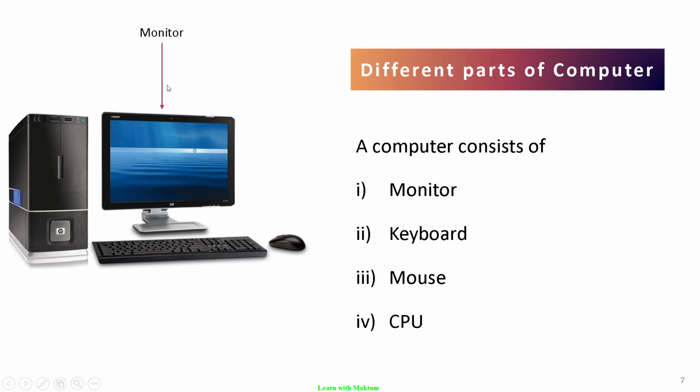Okay, so this is the monitor and you can see the keyboard. This one is the keyboard and this is the mouse, and last but not the least, the main thing, that is the CPU. I hope I'm clear with the parts here. This TV like structure is a monitor and this is keyboard, mouse and CPU. Okay, so let us discuss in brief about them.